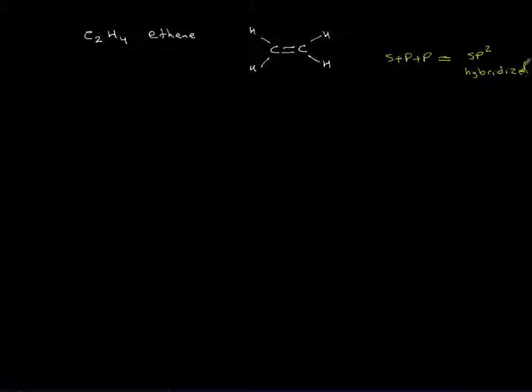Now once you have sp2, you should realize it's the same as trigonal planar. So the shape and the hybridization are correlated. You should be able to go back and forth. Now let's go after carbon one more time. It's in its ground state. We decided that 1s2 has 2 electrons, 2s2, remember, has 2 electrons, 2p2, which has 3 orbitals, has 1 electron in each. Now this time when we mix,